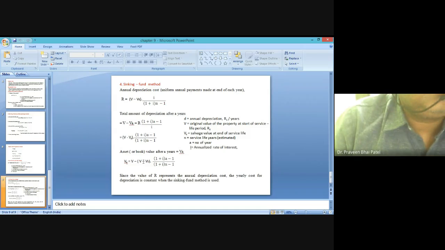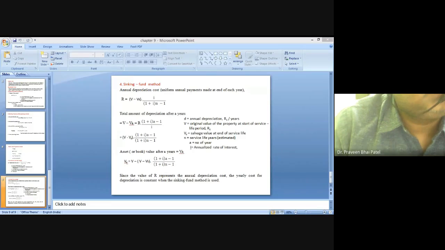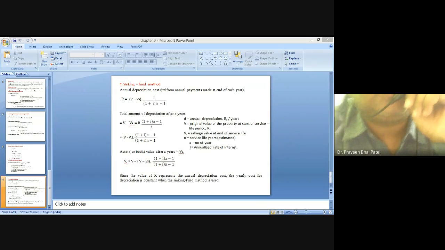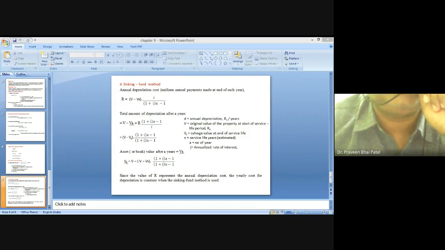So from here we have finished this chapter. You start doing the numerical problems, and if you have any problems you can discuss with me and send them to me so that we can solve it properly. If anybody else is having any type of problem